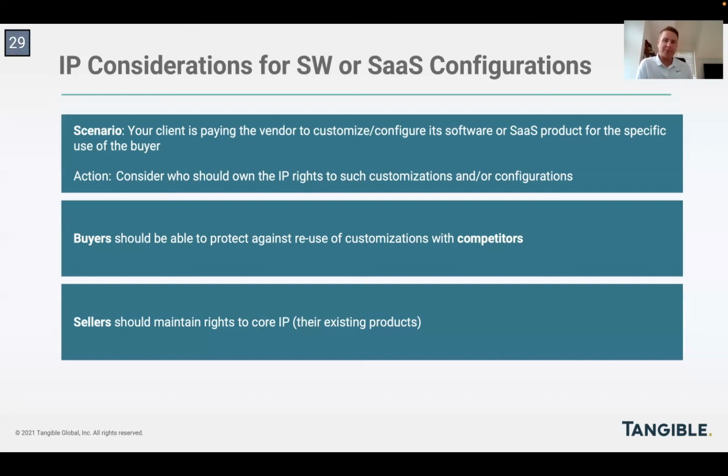But on the other side of that coin, a technology provider is going to be very, very resistant to giving away any kind of IP rights that even get close to their core product. So just the simple fact that a buyer paid a tech company a few extra dollars to create a custom interface or otherwise tweak their product so that it's better for the buyer's use, the tech provider, the seller, doesn't want that to then give away their core IP and limit their ability to sell their product to other customers in the market. So those are kind of the core tenets here.